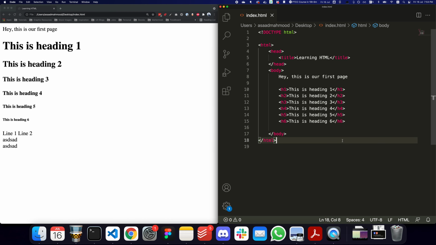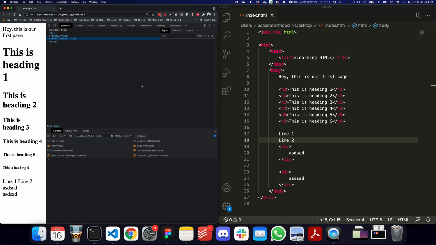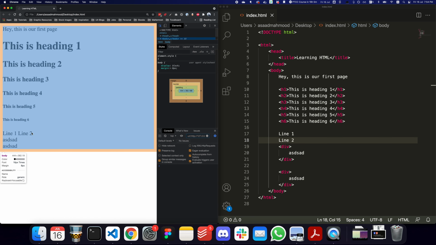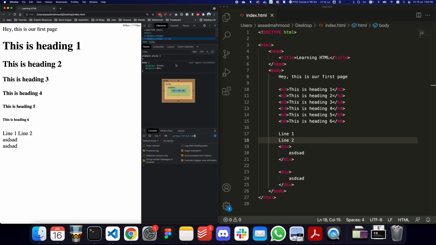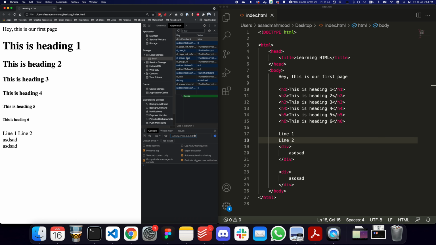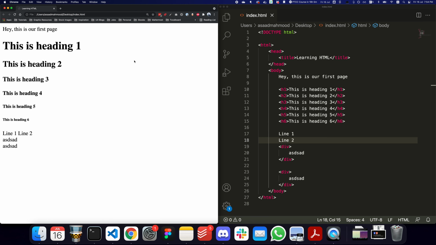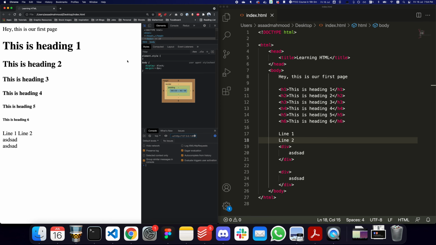So with the inspector tool, let me just undo this. How do you actually access the inspector tool? Well, you can right click on the Chrome window and say inspect, and then it's going to open the inspector tool, which you can use to inspect some of the elements here. There are obviously other shortcuts to open it. One shortcut is Command Option I, or Control Shift I I'm guessing on Windows, and then the other one is Command Shift C. What Command Shift C does is it actually